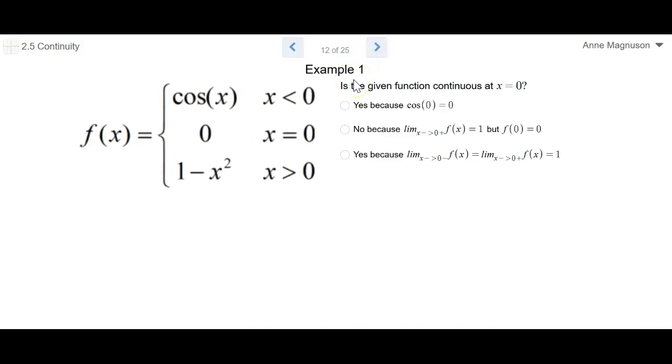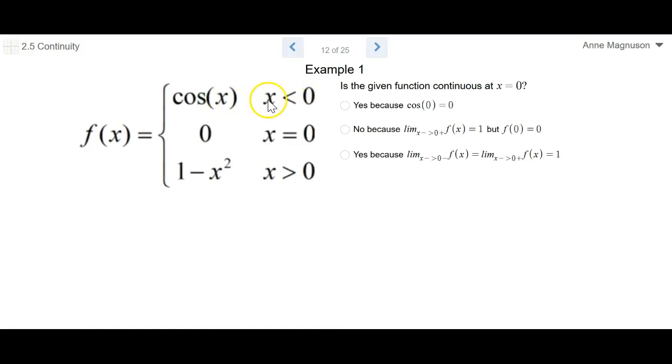So again, we'll look at a piecewise function. Is this function continuous at x equals 0? Well, you need to check the endpoints of these domains defined in the piecewise function. So cosine of x is continuous everywhere, and 1 minus x squared is continuous everywhere. So let's look at what's happening. As x is less than 0,